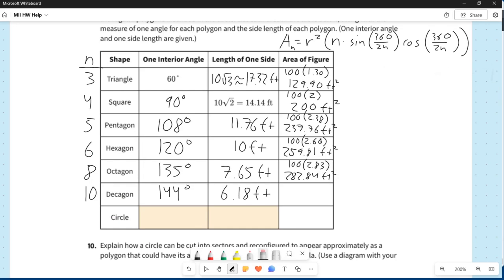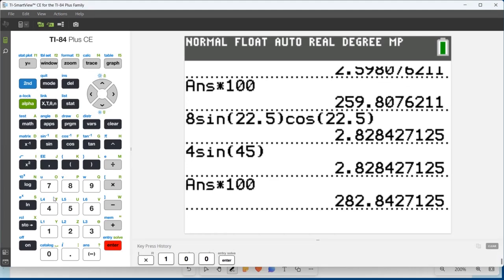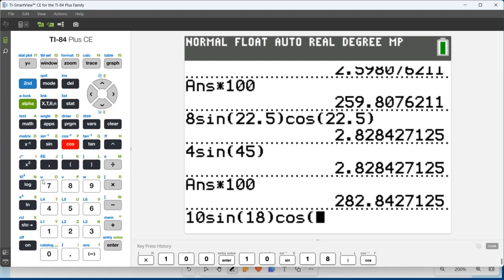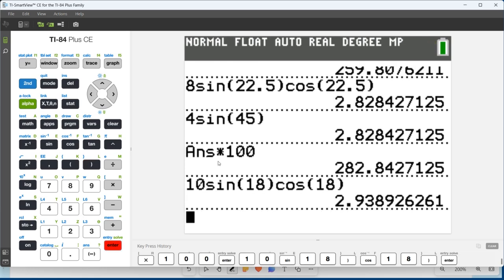Last polygon, because the circle is not a polygon. So we have a decagon, so that's a 10-sided figure. 10 squared times 10. Now we plug in a 10 here. 360 divided by 20 is 18. Sine of 18, cosine of 18. I don't know anything about trig involving 18, so we kind of have to go to our calculator. Before calculators, you would have to look this stuff up in a table. Luckily, I never had to do that. Not that old. And we end up getting